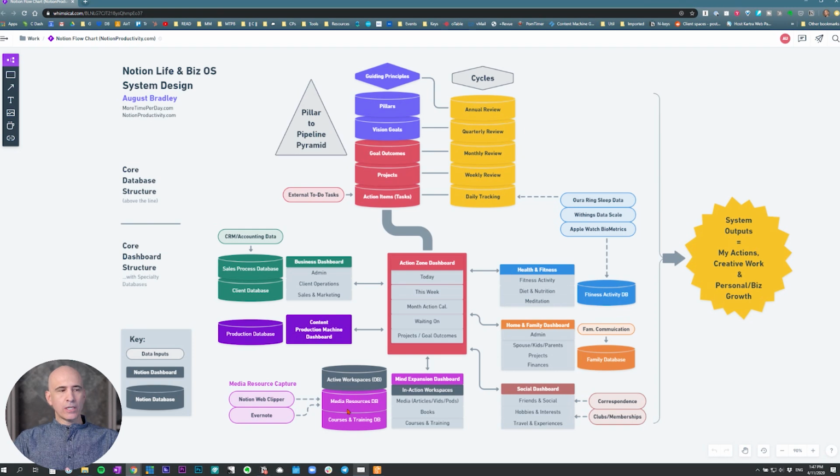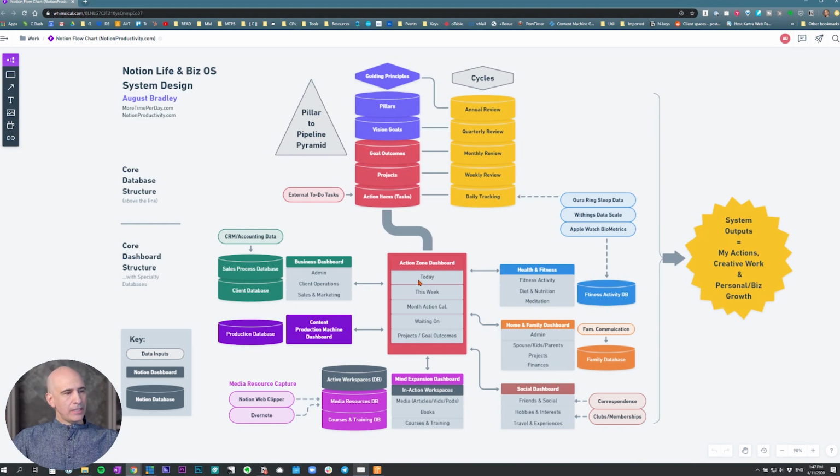And I don't want to clutter up my Notion stuff with endless piles of information that I'm not using. I bring it into Notion when I'm actively engaged with it. But when I'm just throwing it into the endless pit of maybe someday I'll want to be able to access this, I tend to just dump it into Evernote, like I said, and then that becomes an import into my media resources database when it becomes relevant to something that I'm active on.